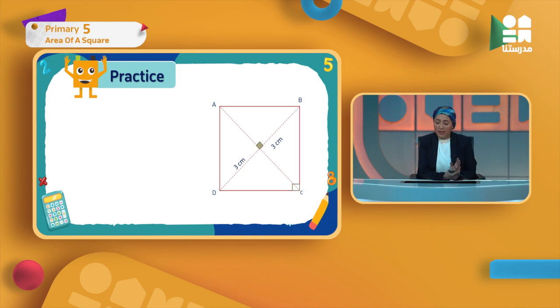Find the area of square ABCD. Here is ABCD, where I only have the diagonal divided into two parts. Here the first half is 3 centimeters and of course both halves are equal. So even if it didn't tell me that each half is equal to 3 centimeters, and only gave me the length of